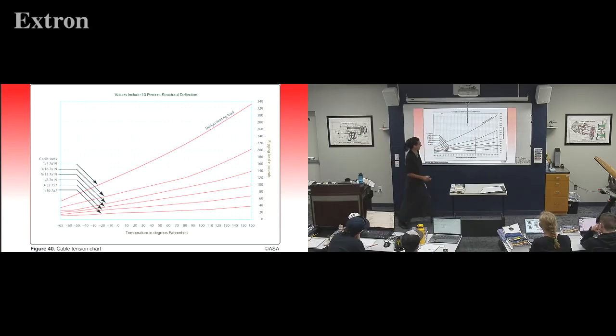So I was a little bit off here. It should have ended up at 70 pounds. And then if we were a 3/16 cable, just follow that one down to this line,